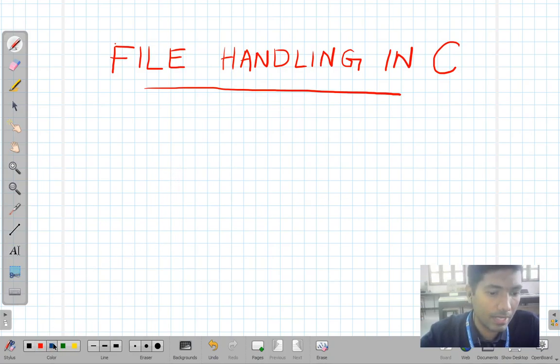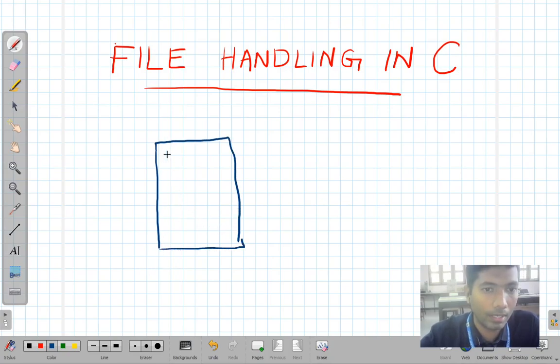So far we have seen how to write C programs. Let me demonstrate it with the help of a diagram. We write the main program, and this is called the source code. So I'll just write that. This is the source code where we will write the C program, and once we run this main file